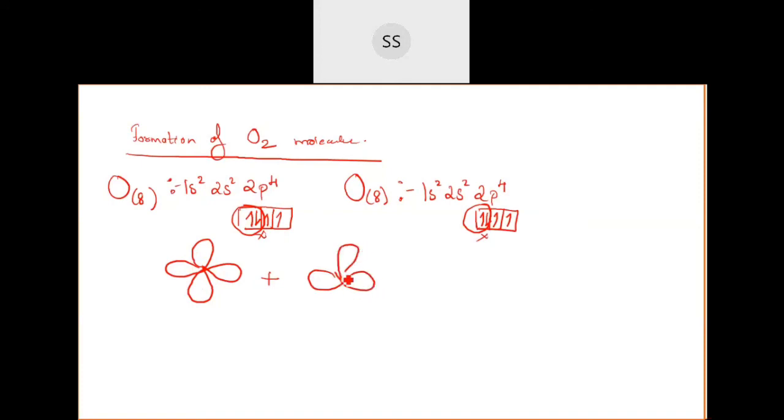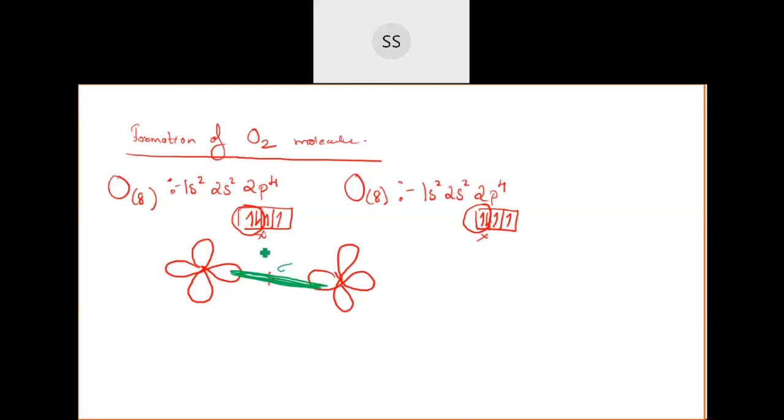Now if these are overlapping together, how many bonds can be formed? What type of different bonds can be formed here? See, one way of possible overlapping for them is this way. These two orbitals are overlapping together. If they overlap this way, what is the bond formed, students? If this is the way they are going to overlap, these are overlapping on one particular axis, correct? So if they are overlapping like this, then the bond formed is a sigma bond, correct? So here there is formation of the sigma bond. Yes, correct.